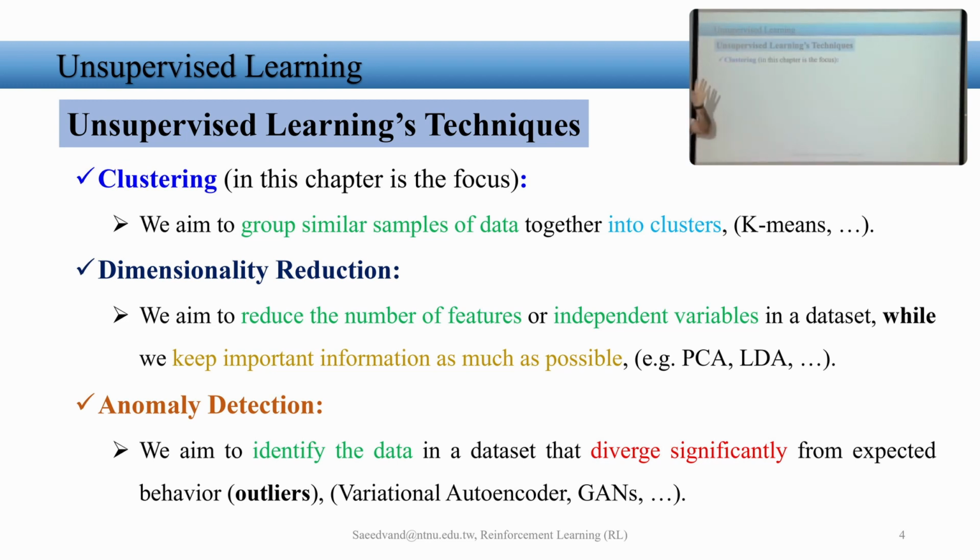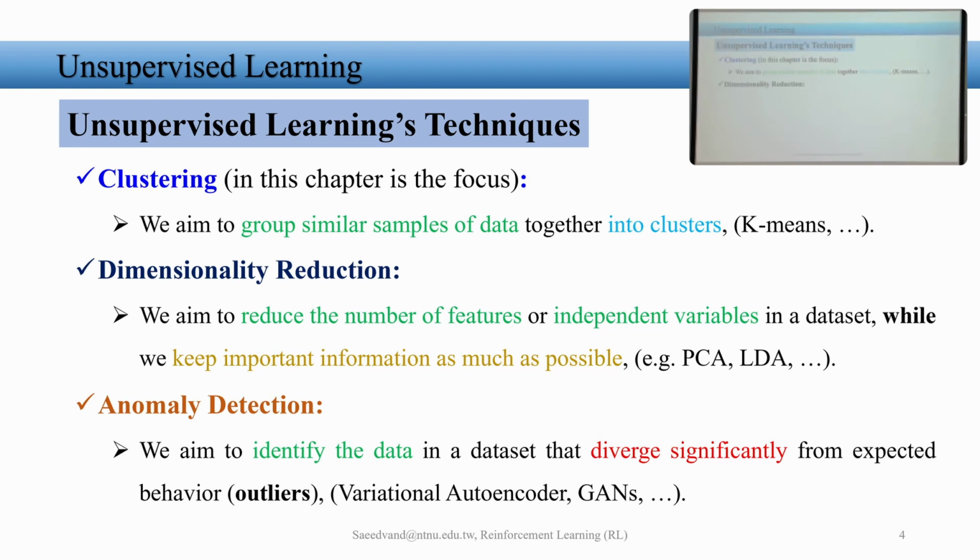So here we want to cluster the data with grouping. When you hear clustering, you must always think about unsupervised learning. When you are hearing classification, you must think about supervised learning. There we have labels, here we don't have labels. So this chapter is focusing on clustering, which is trying to group similar shapes of data into clusters, not classes anymore. We call them clusters. For example, we have K-means and a couple of algorithms for this class.